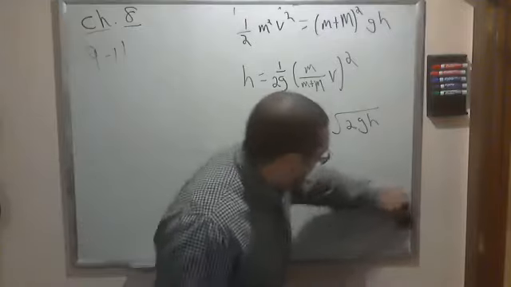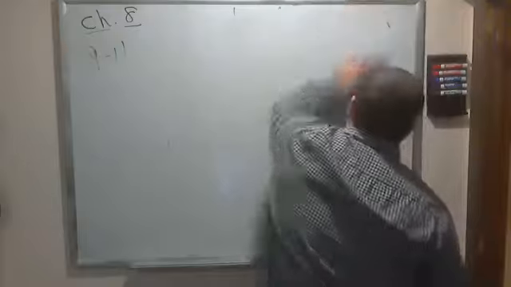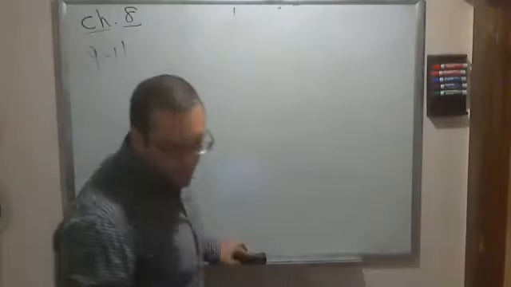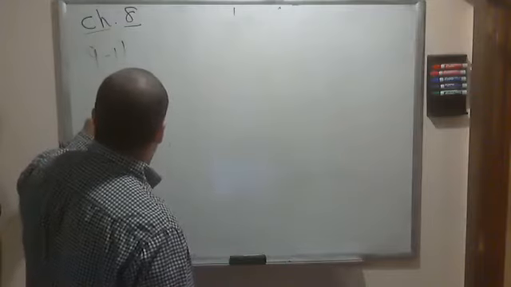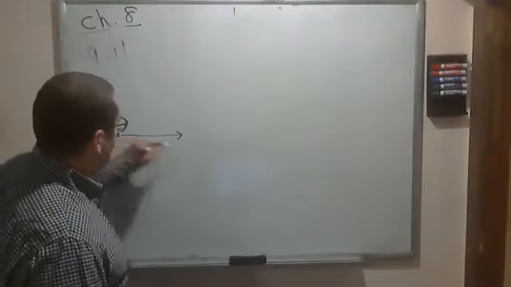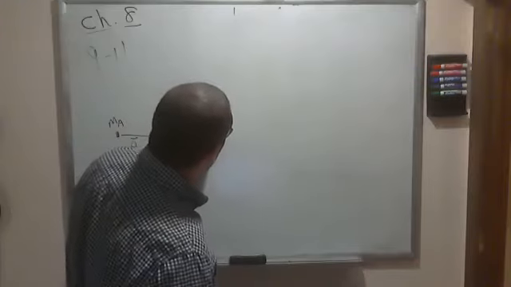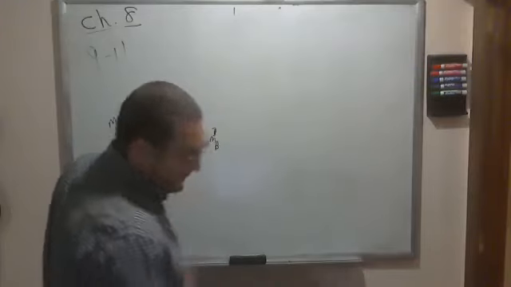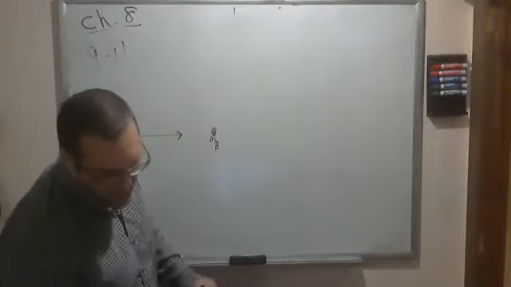It's all that we did: we just have to break it down into its components and apply conservation of momentum to each one. So let's say we have mass A, coming in at some velocity, some momentum in this direction, and it hits mass B over here, and it moves. Then after the collision,